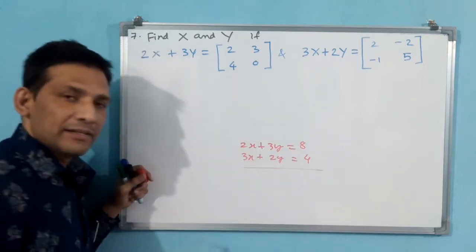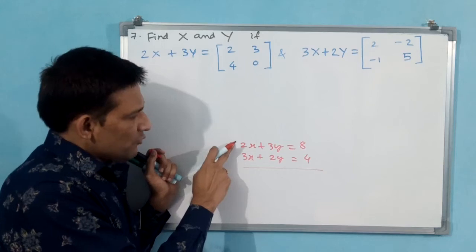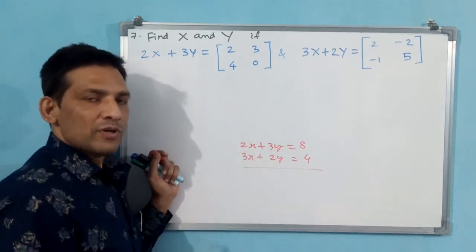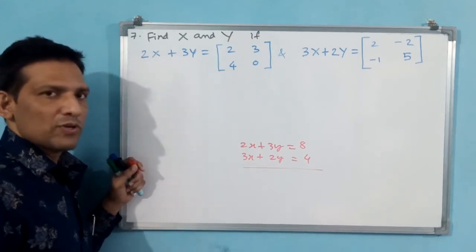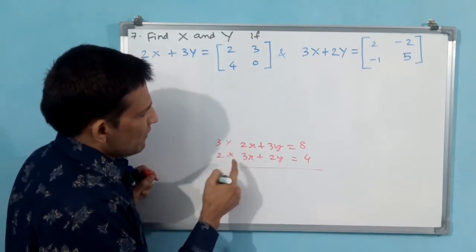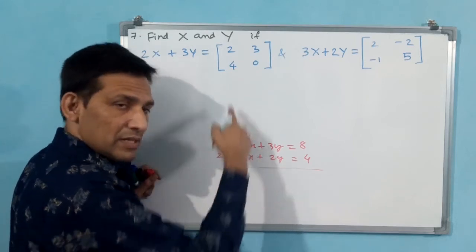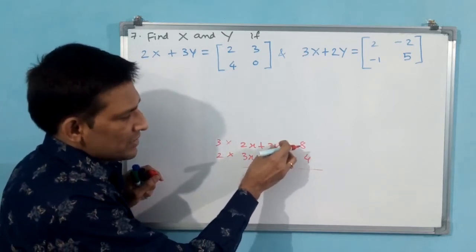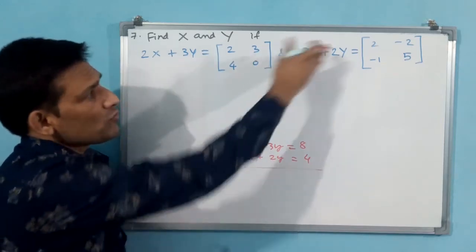What do we do here? Normally, you tell me. Why? Because any one you have to make equal. Whether you make x equal or you make y equal, then it is going to get cancelled. Subtraction you have to do here. What I do normally here, we do into 3 and into 2. Why? Because 3 into 2, 6x will come. 2 into 3, 6x will come. Then you subtract. X is going to become 0, but here the values are going to change and y is going to come finally. Then you substitute that y, and x is going to come. Like that only we have to do here.